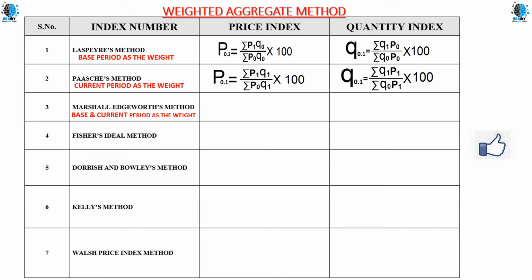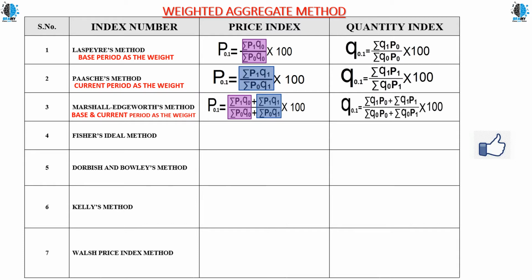So let's see this formula. This formula will be the combination of Laspeyres and Paasche, because Laspeyres is having base year, Paasche is having current year. Marshall is going to take both base year and current year. So I have this formula. This is the first one we have, a Laspeyres formula. Next we have the Paasche formula. So the author has given the weight to the base year as well as to the current year. The combination of Laspeyres and Paasche formula is our Marshall Edgeworth method formula for the price index. For the quantity index it is the same. Okay, it is a combination of Laspeyres and Paasche formula.